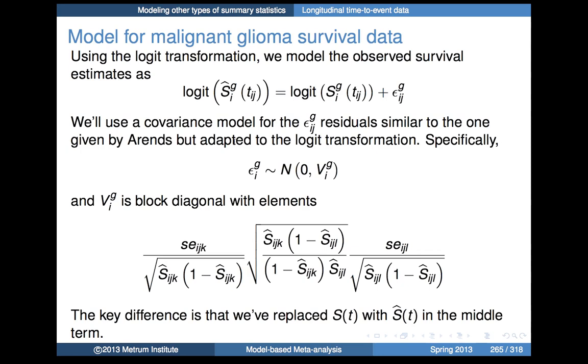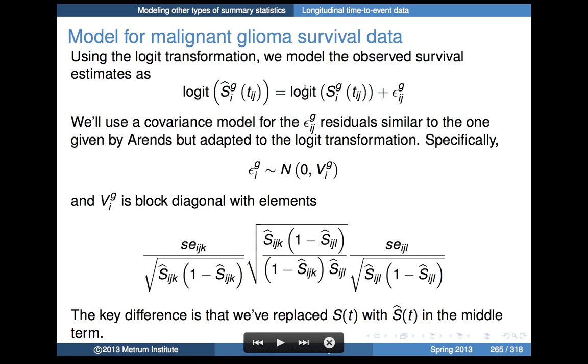We may just as well have used the log minus log transformation. This seems to me a transformation that's maybe more familiar to those of us in pharmacometrics, and in fact is a more numerically stable transformation as we work with it within WinBUGS. So now our model is that the logit of the S hats are equal to the logit